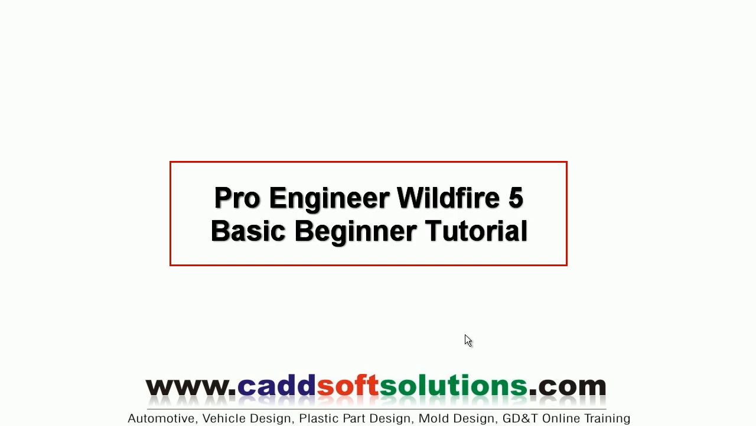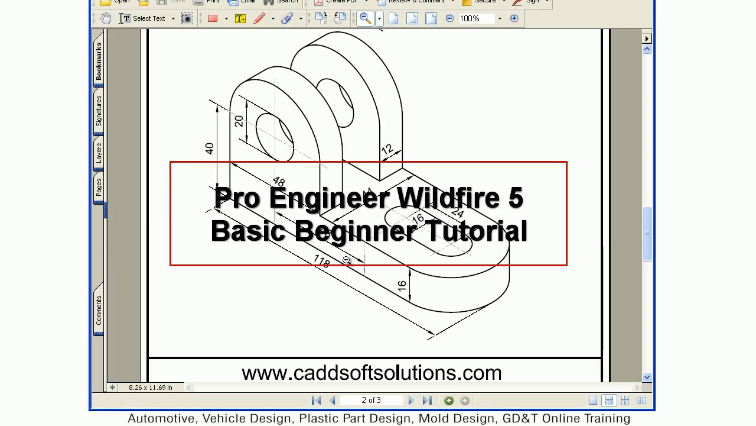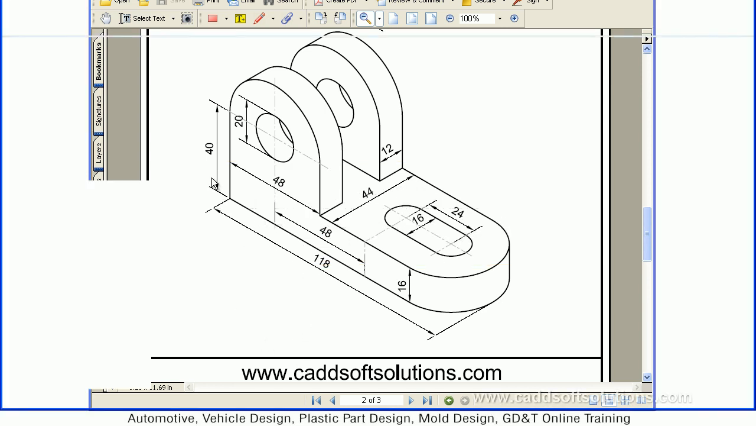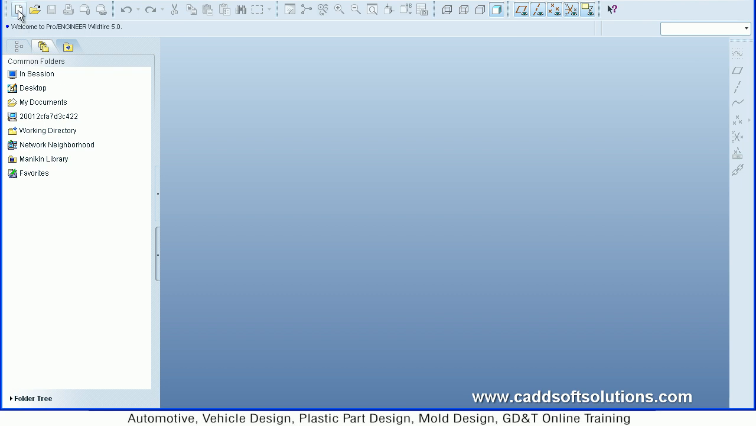In this tutorial, we will be learning the Pro Engineer basics by creating one object. So we will be creating this object. So at first, let's start the Pro Engineer. Now at first you have to click on New,